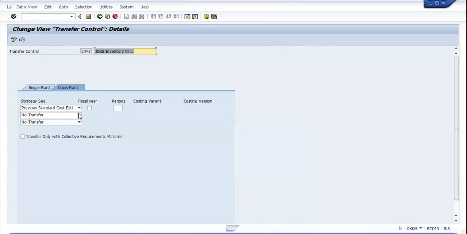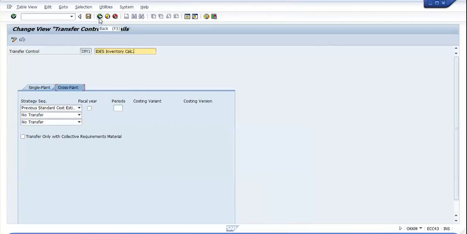Okay, you need to check why it's not giving us the costing estimate. I need to check this thing because here it is fine, but for cross plant it must give us that, whether it's a single plant transfer or a cross plant transfer we want to book. Okay, so I will check this stuff.